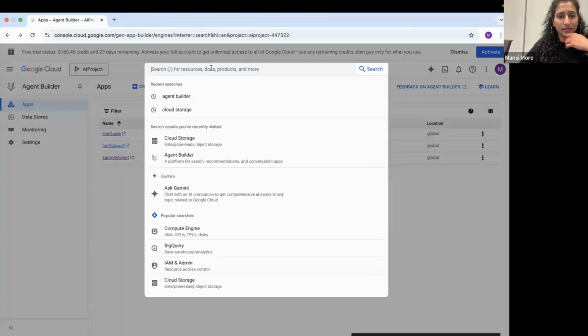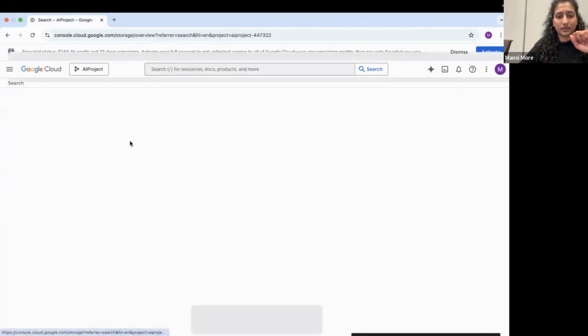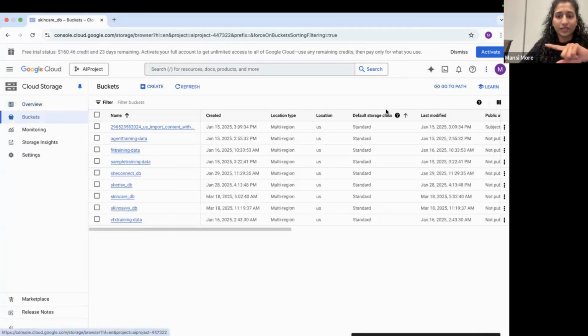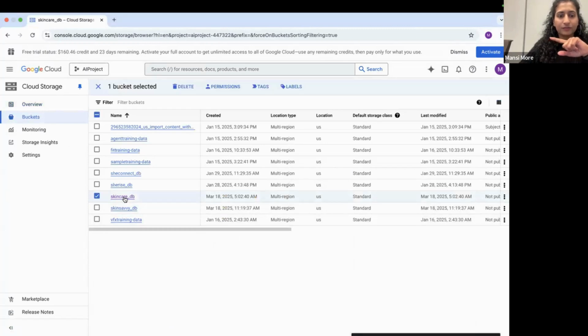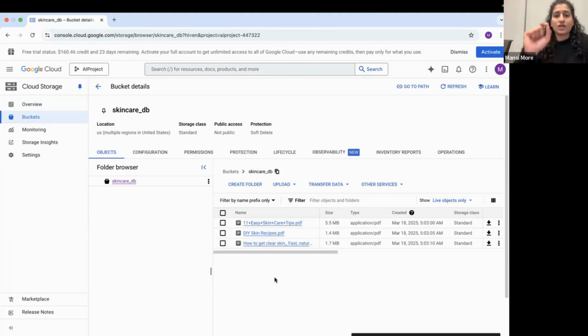So in the search bar, I went to cloud storage. We created the bucket. After creating a bucket, we uploaded a few of the files here. If you click on this, you'll be able to see the files you have uploaded. If it is a huge file, it will take time to upload. So you need to wait for some time for the files to upload. After that, this is the cloud storage, which we're gonna feed the data to the chatbot.